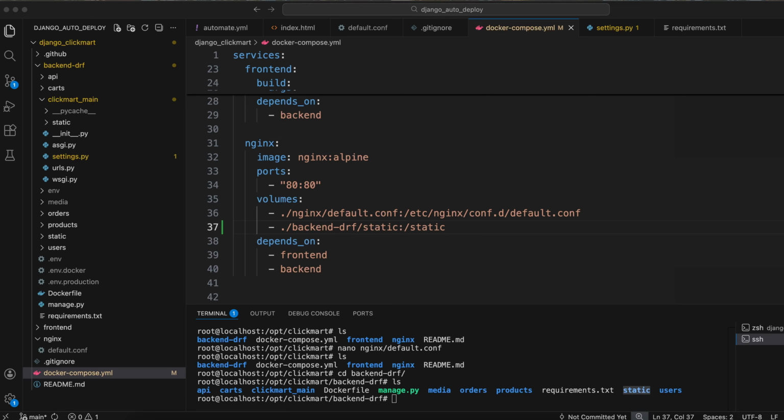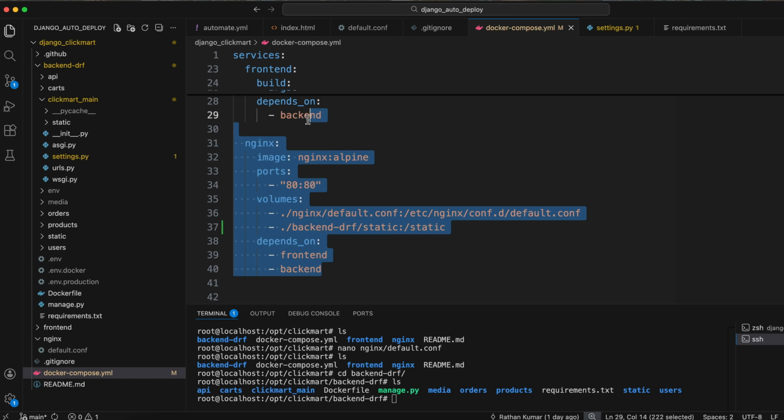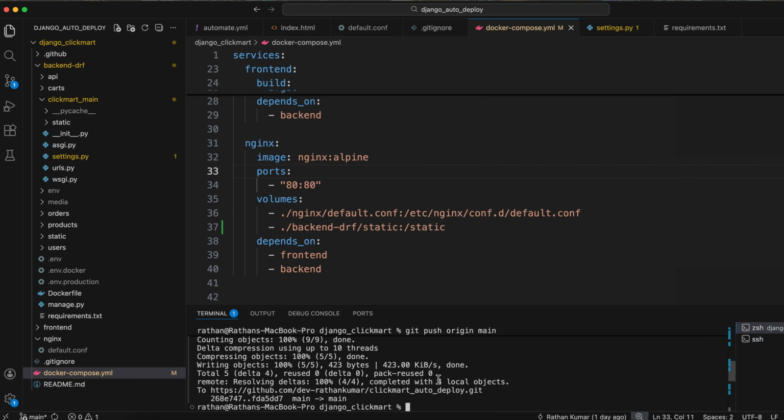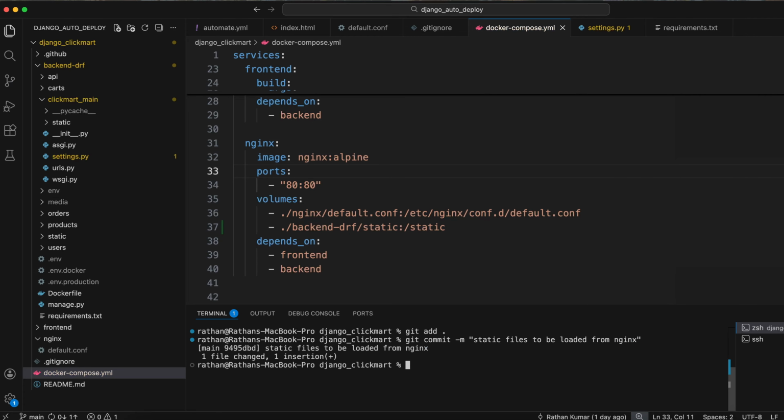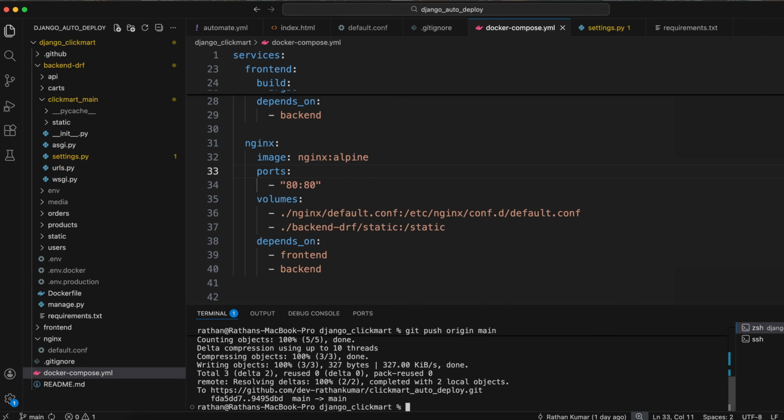and then what you have to do, we need to send it to the server, right? So just say git add dot, git commit -m "static files to be loaded from nginx", git push origin main. All right,